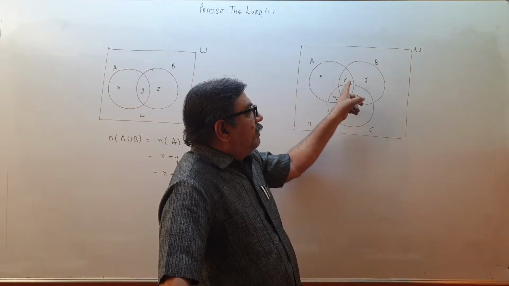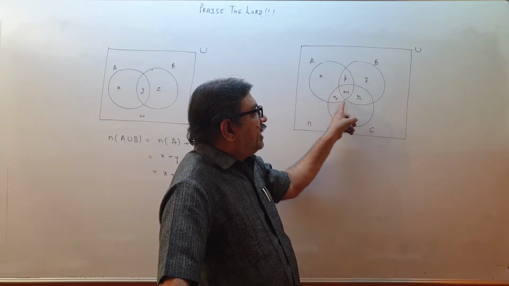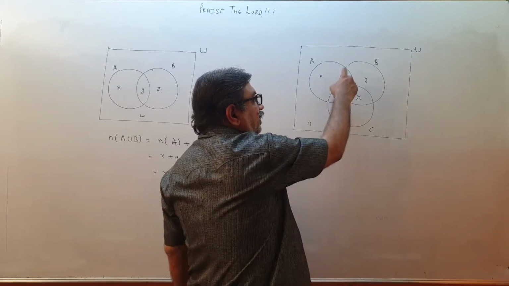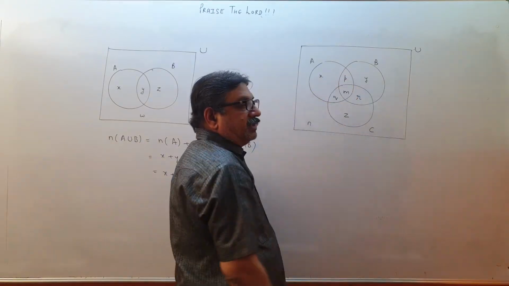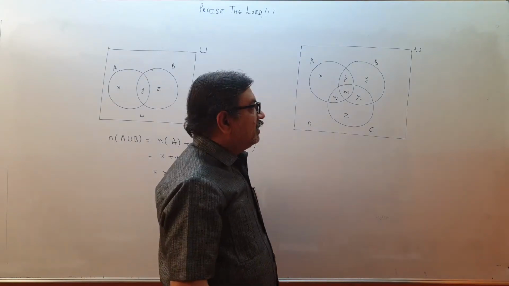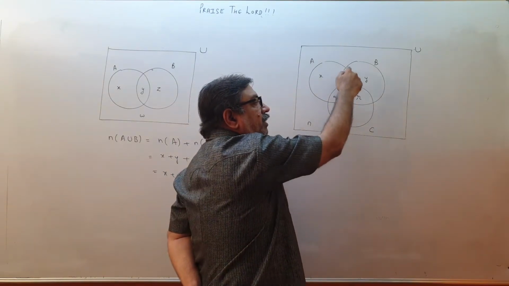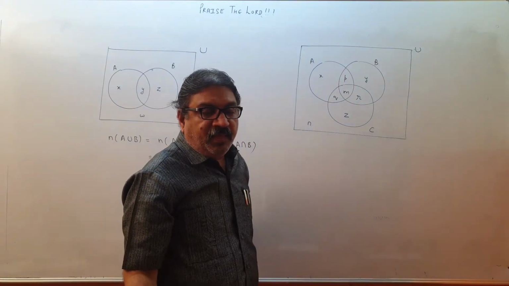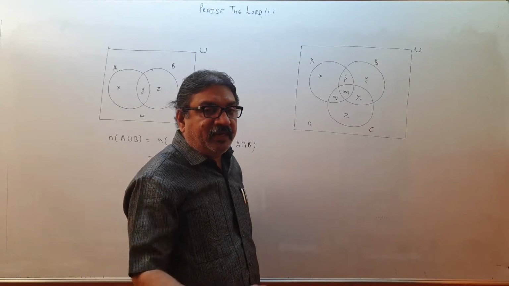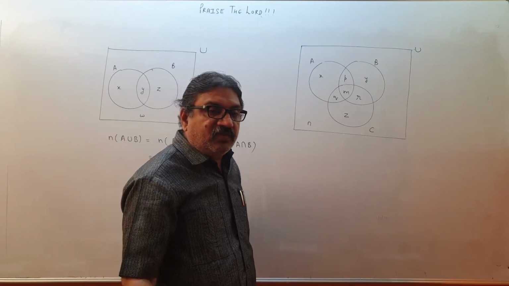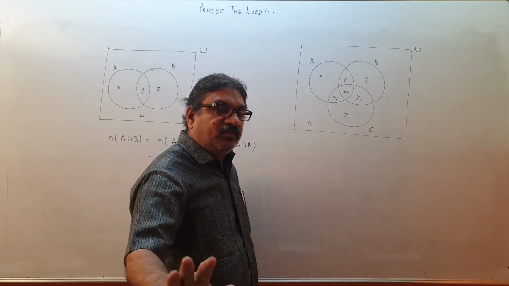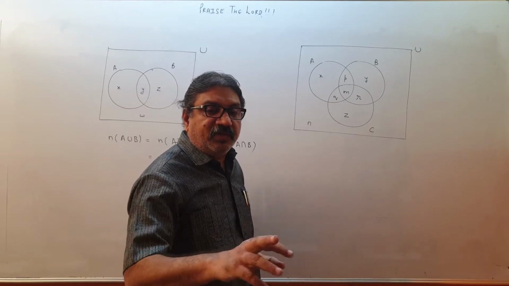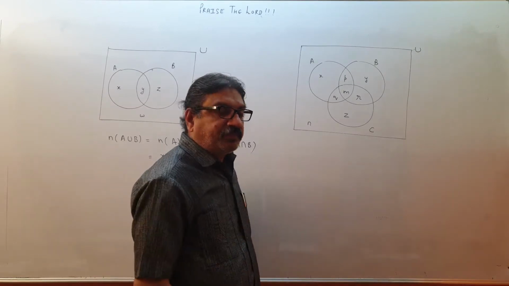P is the elements present only in A and B. See, this region is A and B, but in this much region C is also there. So this much region will be only A and B. P, number of elements P, only A and B. This is A and B, but this is only A and B. There is a difference, I told you. Only is important. I teach you physics and I teach you only physics. There is a difference. When I say I only teach you physics, it means I don't teach you any other subject. When I say I teach you physics, I may be teaching you other subjects. So there is a difference when you use the word only.